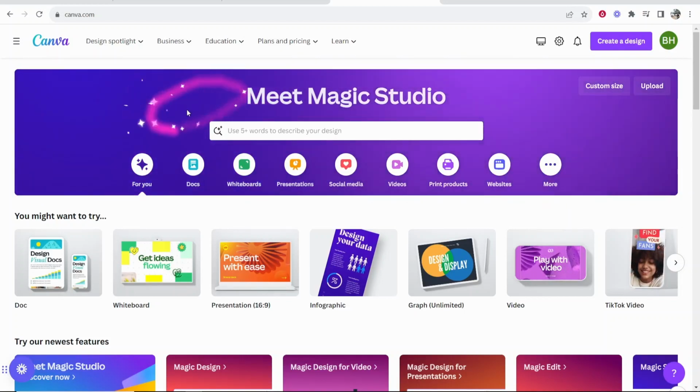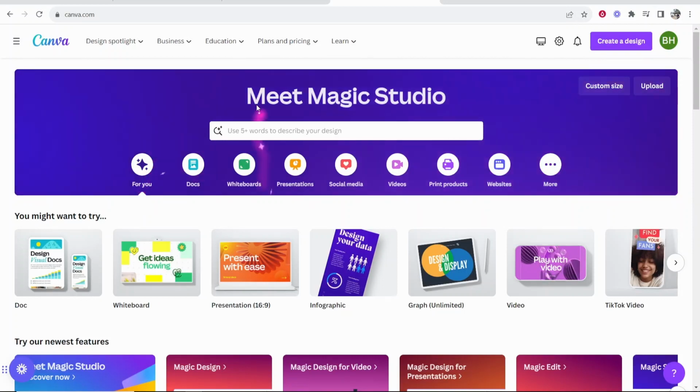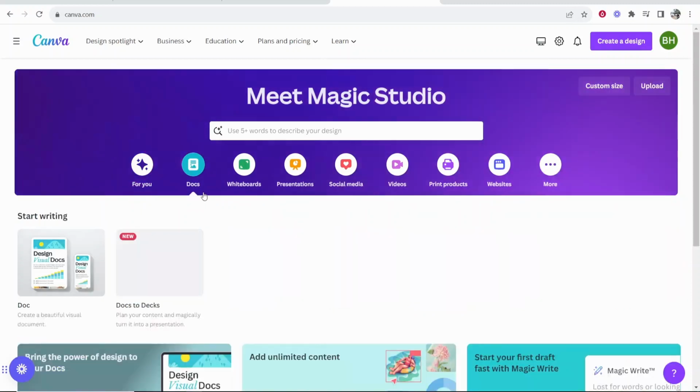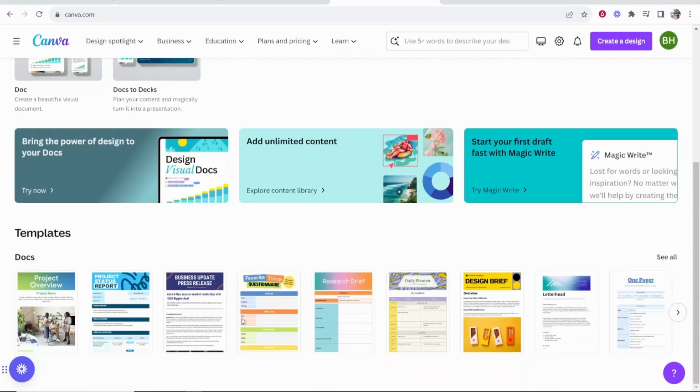When you first load up Canva, you're probably going to be greeted with this page which says Meet Magic Studio. Here you can go through these categories and choose the different templates that you want to edit. You might have a For You page, but if you haven't edited anything, it's not going to recommend any templates yet. So go to Docs, and on Docs you can scroll down and see all of the document